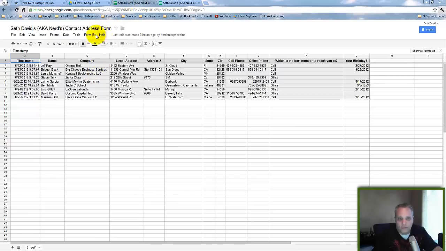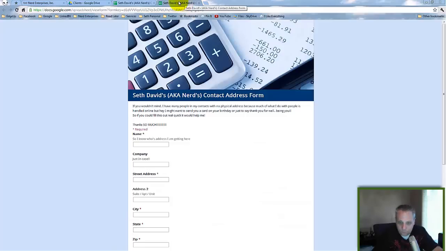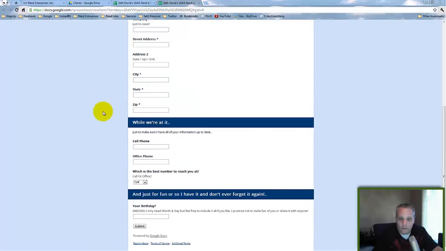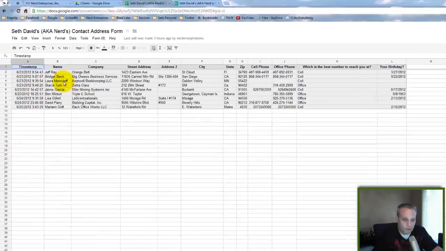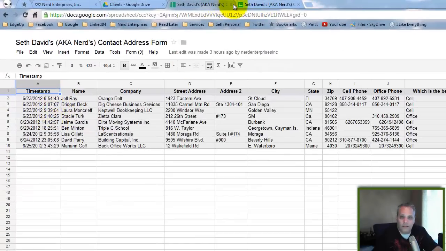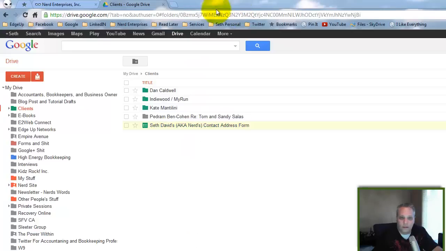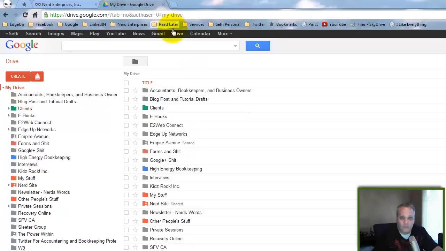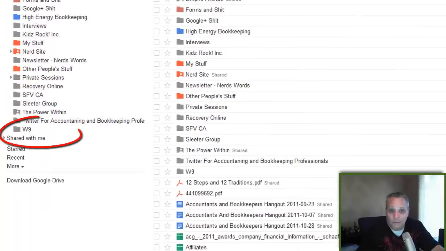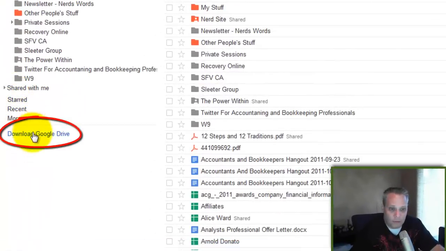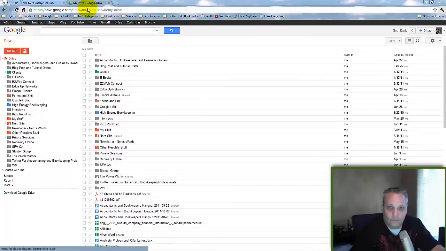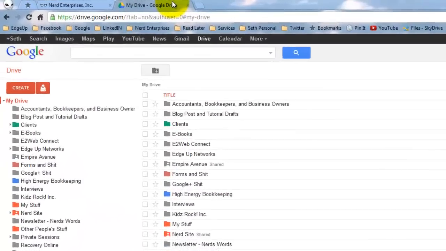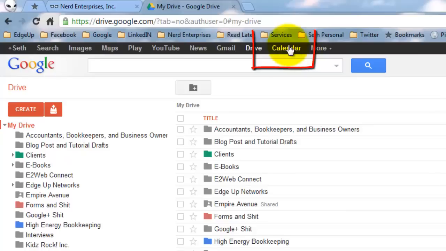The results come in here into really a spreadsheet, with just this extra feature around the form itself. It makes it very easy to gather information from people when you need it, and having the results come in in spreadsheet format makes it really easy to then take this information and update QuickBooks with it or anything I want. So that's your Google Drive. It used to be Google Docs, now it's Google Drive. And there are apps you can download and install on your computer so you can sync up just like Dropbox with your Google Drive account. I haven't done that yet. I'm not sure if I'm going to. But it's there for those who want it.